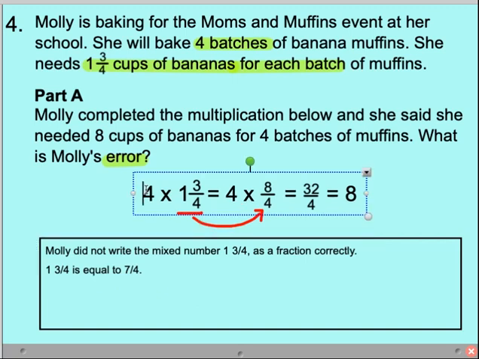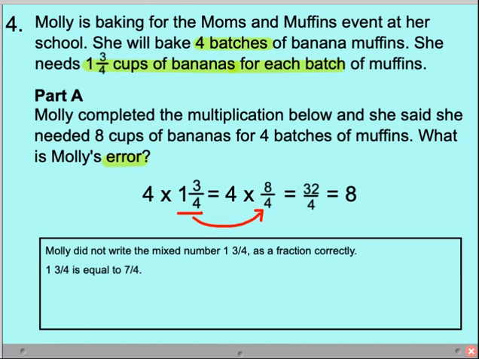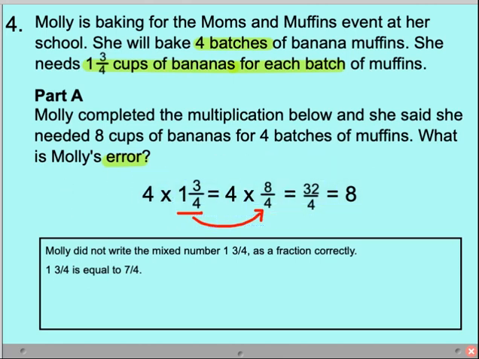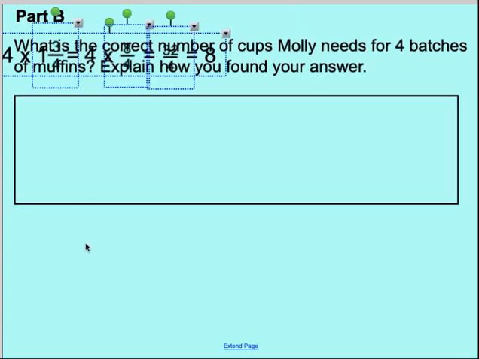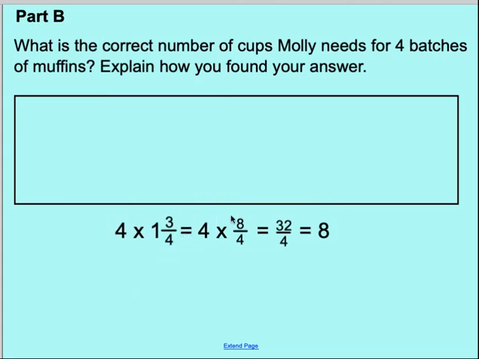So we know for sure that we can kind of use this information here. Let's take this and move it to the next page. Do our thinking here. Okay, we know that this part was right, but this part was not. So let's actually change this. So we know that this should not be 8/4, it should be 7/4. So that's going to change the rest of it, right? So let's go ahead and do this now. 4 times